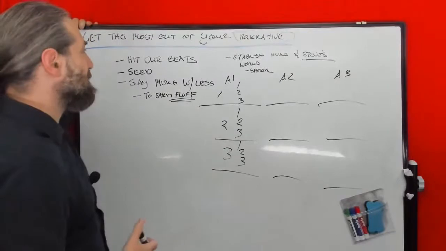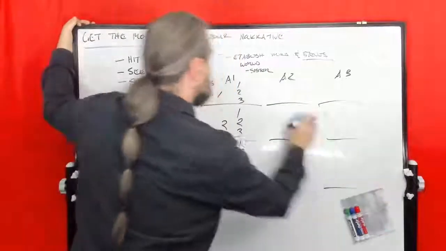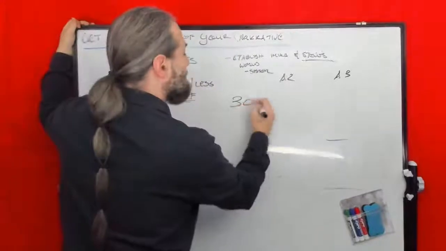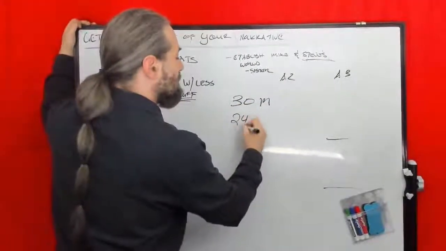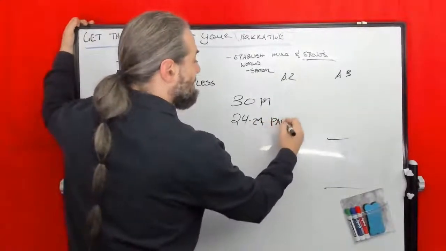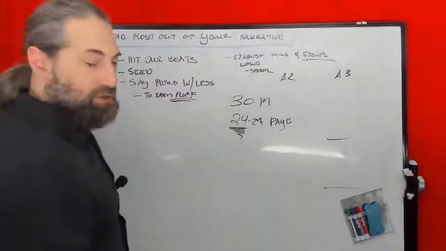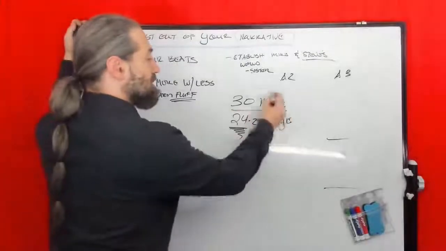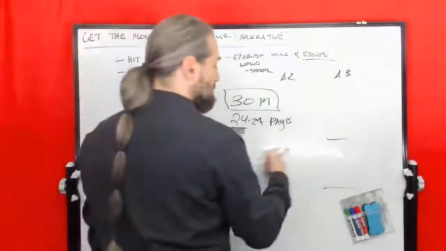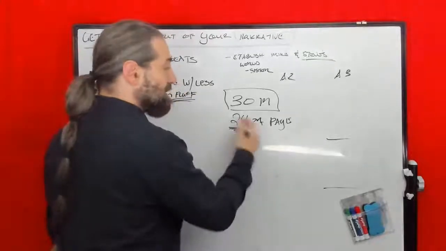The other thing is, with scripts, here's the thing with a script. I know there's a lot of stuff on this one. I write a lot. Okay. A 30-minute show is 24 to 27 pages. Okay. But 24 is where your producer's going to want it or the studio's going to want it. Just because it's a 30-minute show doesn't mean it's 30 pages, because 30 pages is 30 minutes. But even if you have commercials or any of that, if it's on HBO or Netflix, they still want you to come in under the 30 minutes.